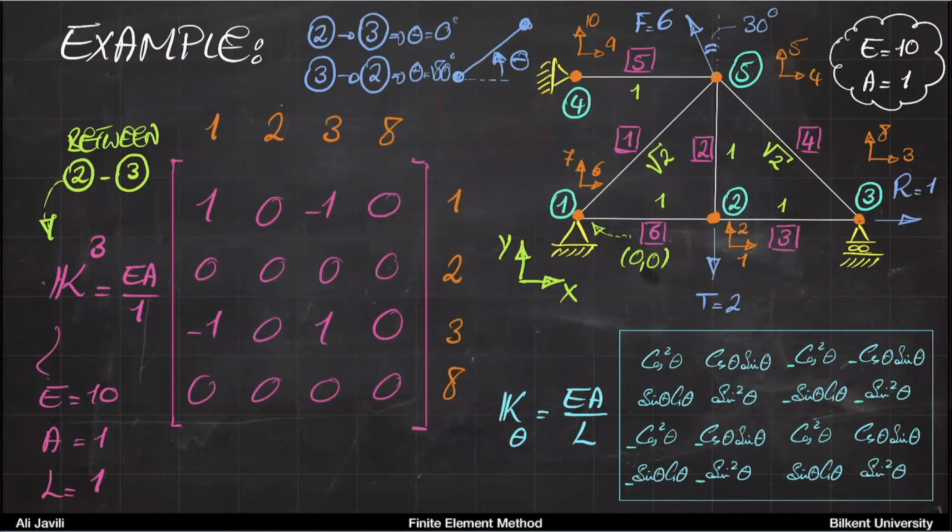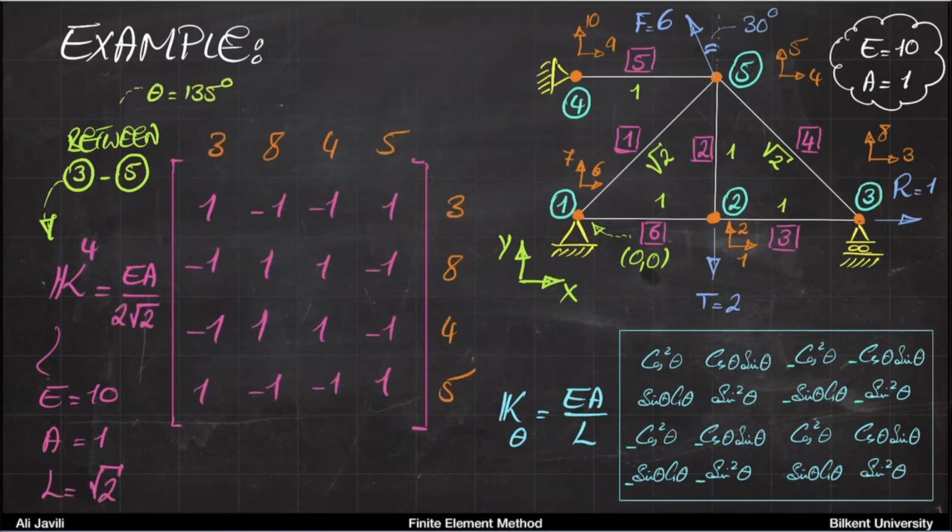But we always count like a clock. So if we start from 3 to 2, it would be 180. All right, so